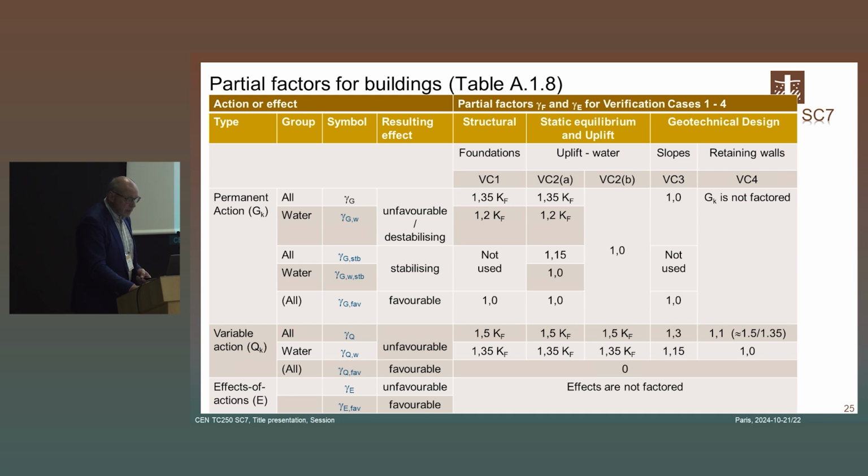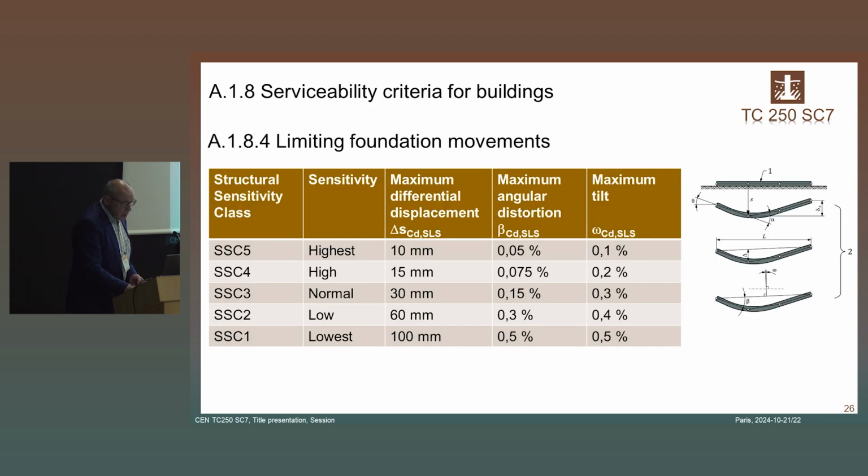Partial factors for buildings. I think you have seen this table already a few times these 2 days. I only wanted to say here you have the one for foundations, STR/GEO, the uplift values, EQU for uplift, and then the two geotechnical cases, STR/GEO 3 and 4. What is important, we had originally in Eurocode 7 the serviceability criteria. Those have disappeared, but in